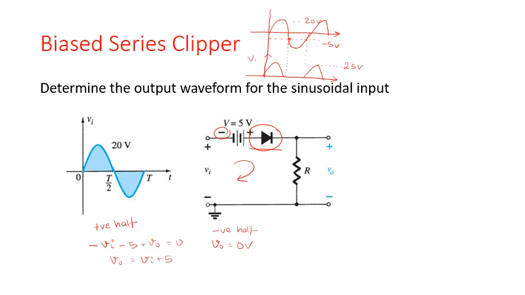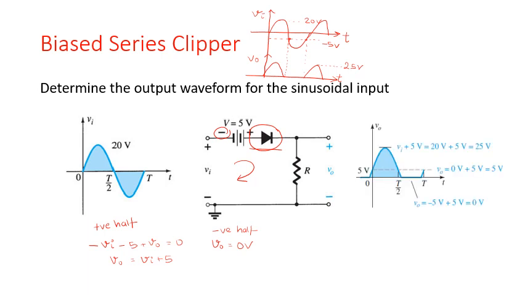This is your output voltage. You have got the time axis over here. This is time and this is your input voltage. So when I'm seeing the output, this is what it looks like. That is exactly what I've tried to draw on the top over here. So T by 2 is here and this is T. What you've got over here is the minus 5 that I have shown over here, which has got shifted on top. So this is that 5 volt value. This is the waveform that you are getting at the output.